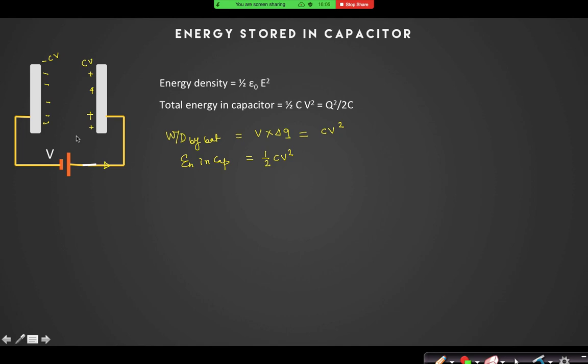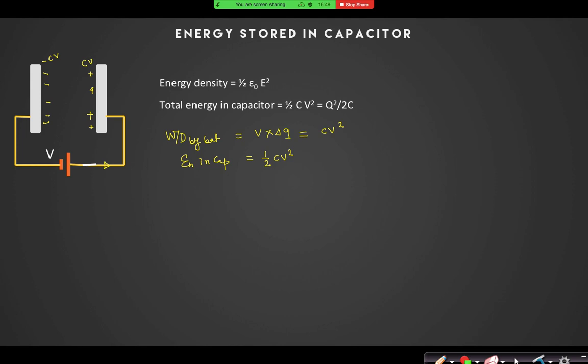So whenever you are charging a capacitor, there is definitely some resistance in that circuit, right? So the energy will definitely be dissipated through the resistance in that circuit. Half of the energy will get dissipated as heat, and only half of the energy will be stored in the capacitor, right? Whatever circuit you take, however small you make the resistance, that will always be lost, because only half of the energy can be stored in the capacitor and the rest half will be lost.